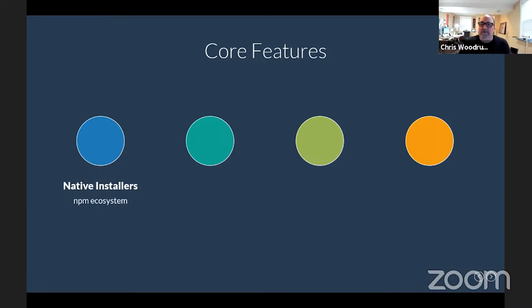So native installers use the whole npm ecosystem. Auto updates, if you use Squirrel, it uses Squirrel. We'll take a look at the packaging and everything. I'm not going to demo Squirrel, but just know that beyond this talk, there are ways that we can do auto updates where the application will know where to look for any updates, and you can auto update your application from an on-premise location or from across the internet.